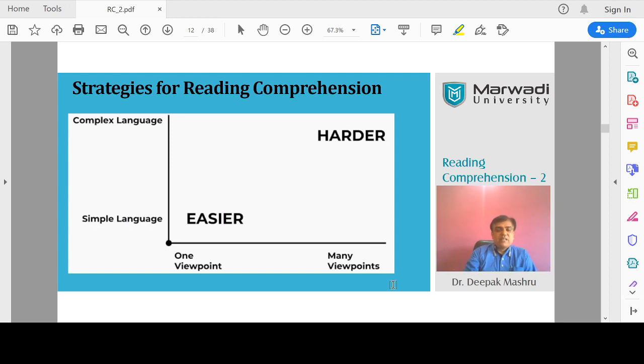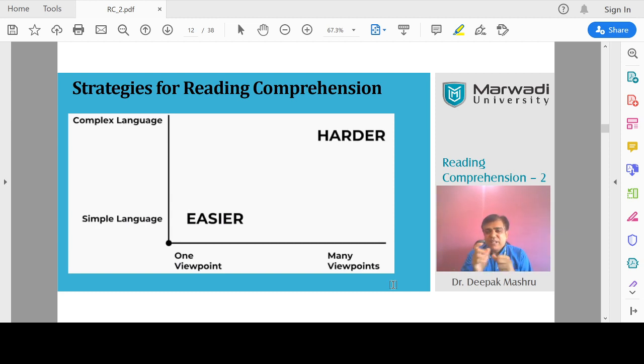Now I tell you that there is no fixed parameter to identify simple and complex language. You understand very clearly, put it in your mind very clearly, that simple and complex language are distinguished based on your understanding or your proficiency of that language. For example, whatever is complex for somebody can be simple for me, and whatever is simple for me can be complex for somebody. So it is an individual thing. Okay, so let's talk about it now.